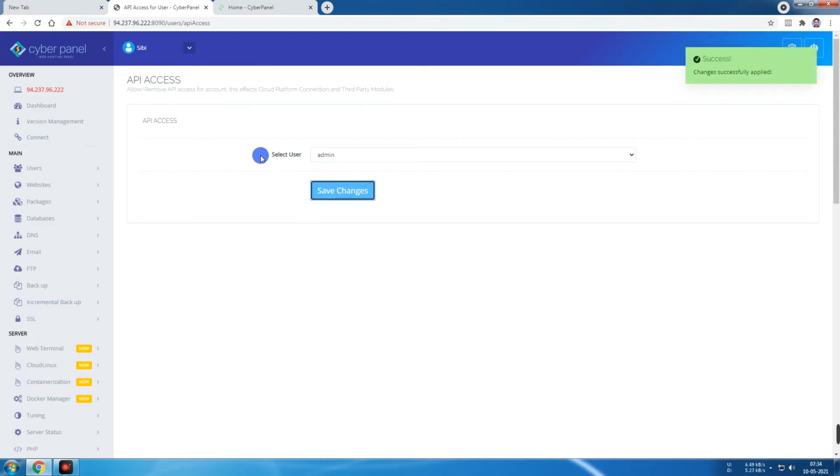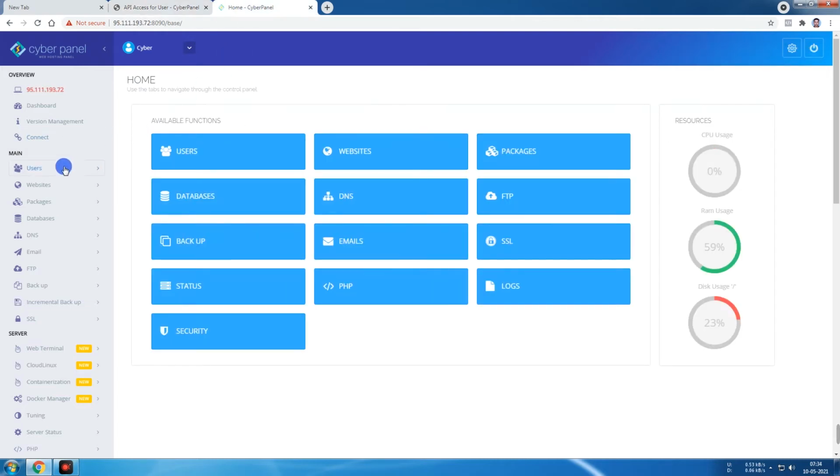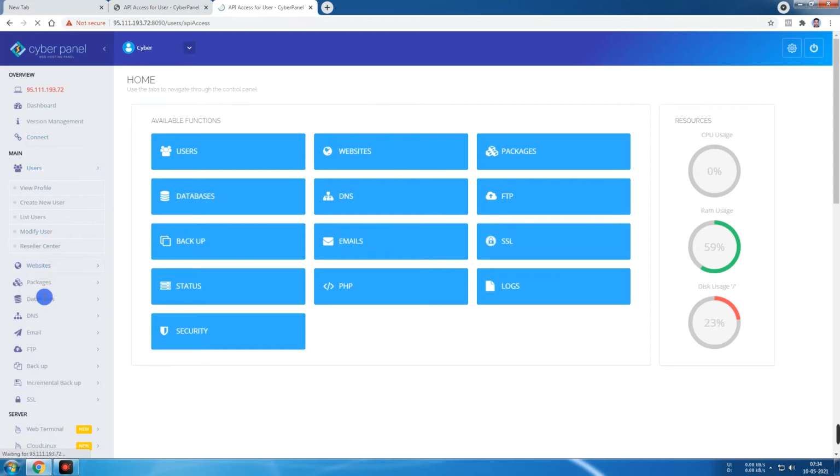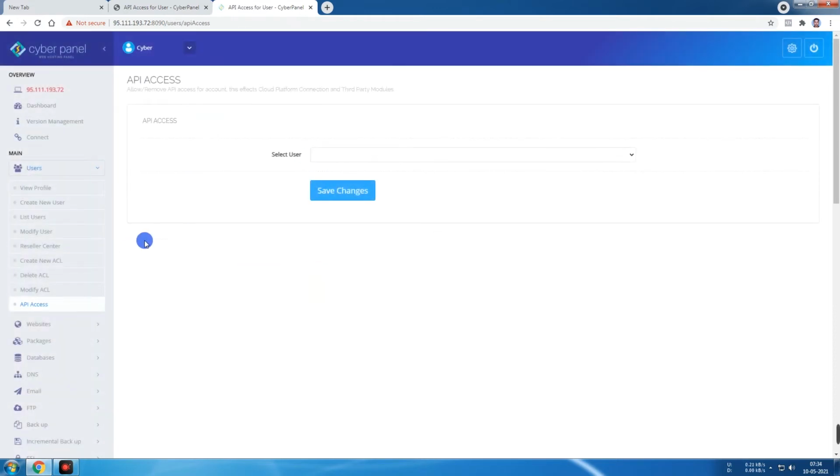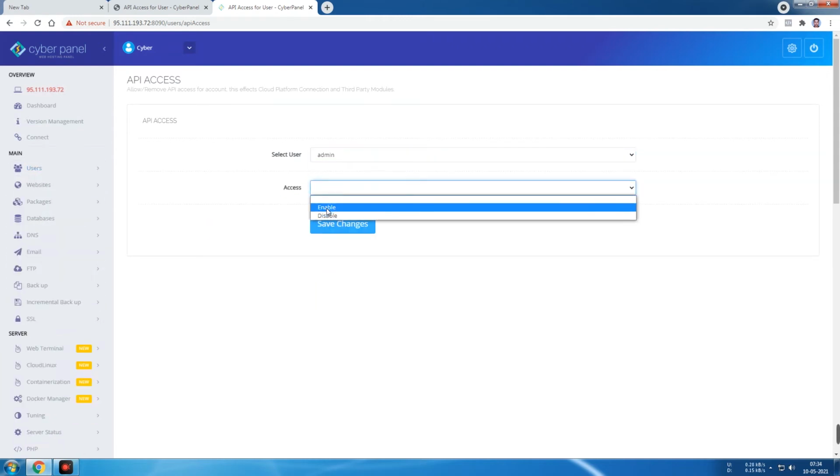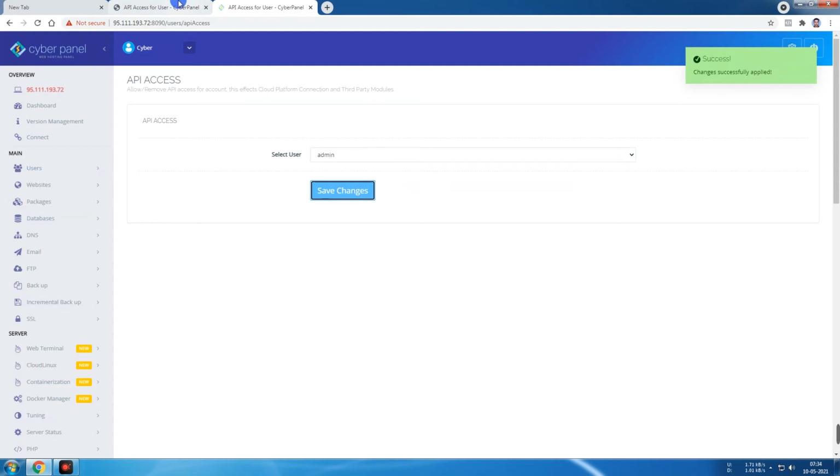So now you have enabled the API access for the user admin. Do the same in the other panel, the other hosting. Go to user API access, select the user, enable, save, done. So now in both hostings, we have enabled API access for admin.